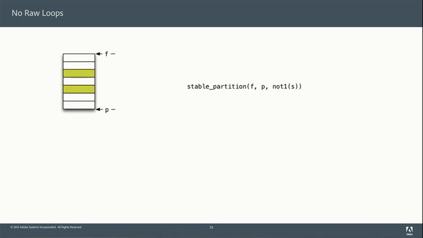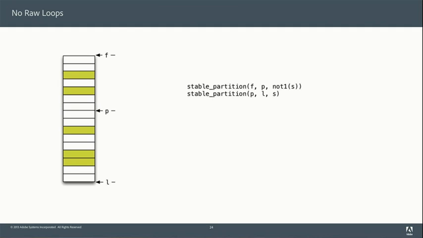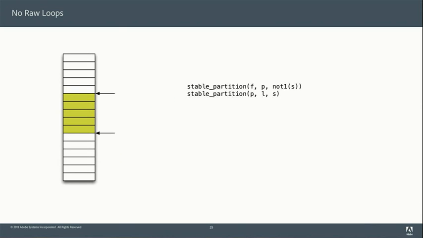Okay, well, this half then is just another call to stable partition, but in this case we have to negate our predicate, right? We want the bad guys first and the good guys second. Okay, so we get that. Okay, so we can do the two together and we get this.